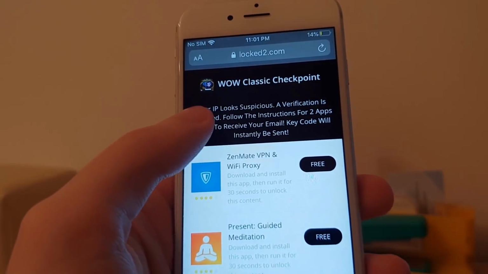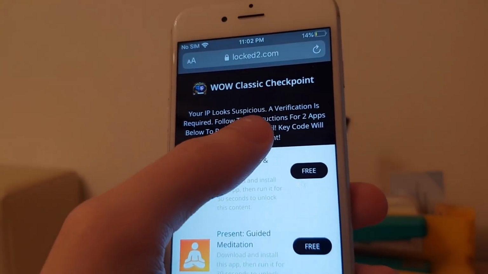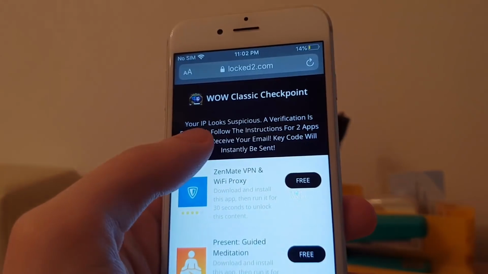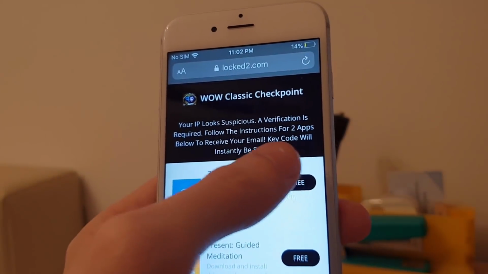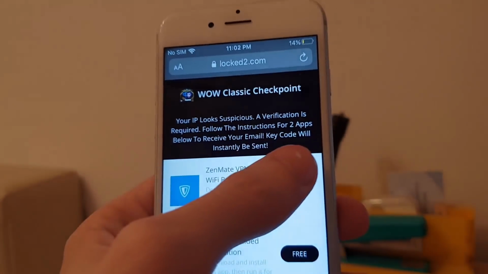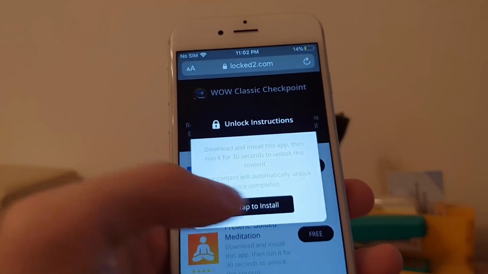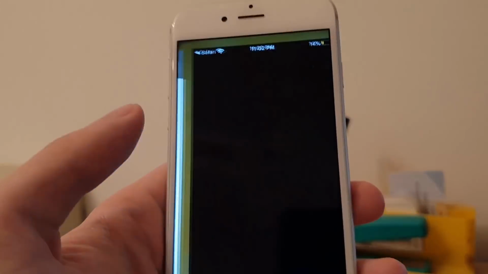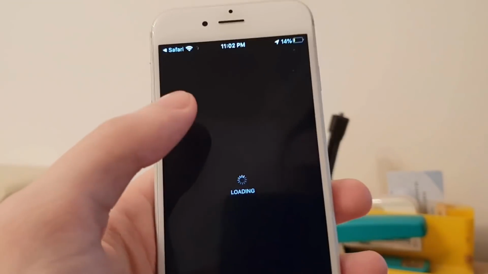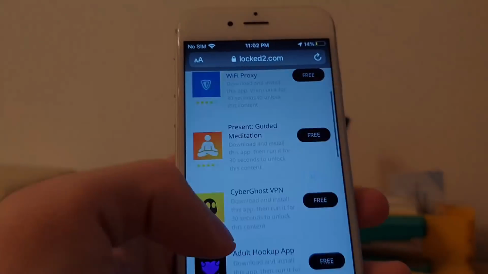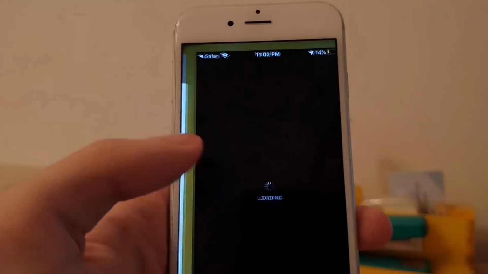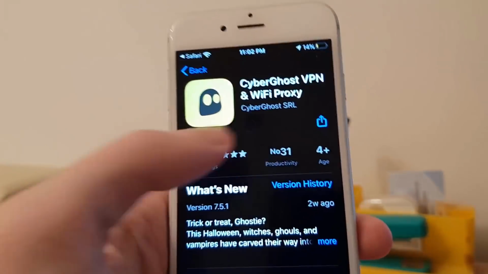So let's read the instructions. Your IP looks suspicious. A verification is required. Follow the instructions for 2 apps below to receive your email. Key code will instantly be sent. Okay, so let's follow the instructions for 2 apps below. You can choose any 2 apps from the list. Let's see, CyberGhost VPN, and